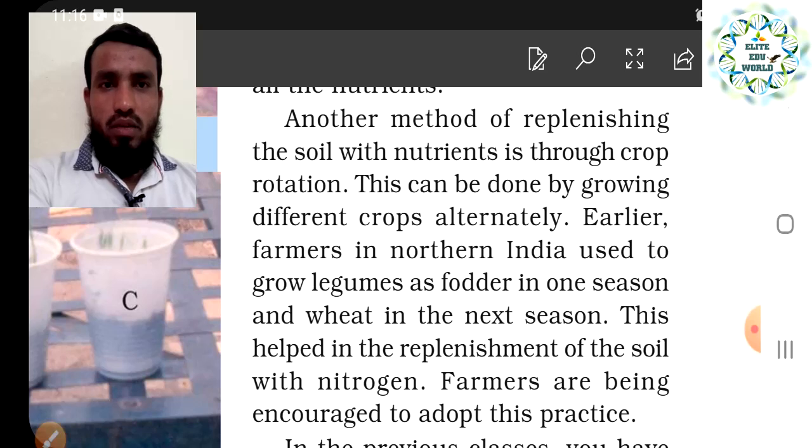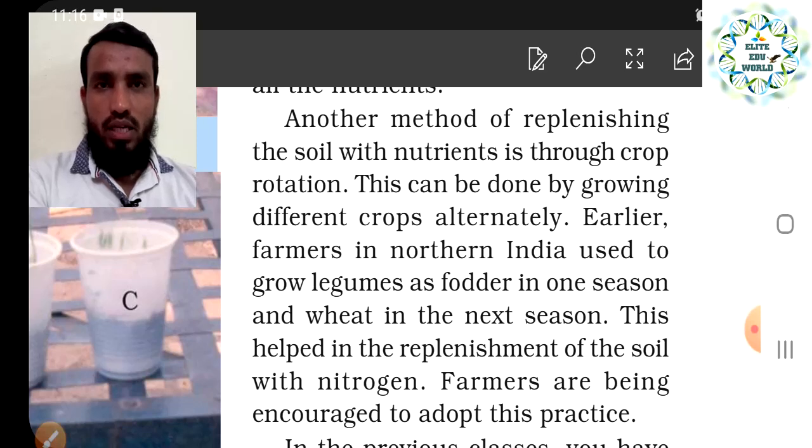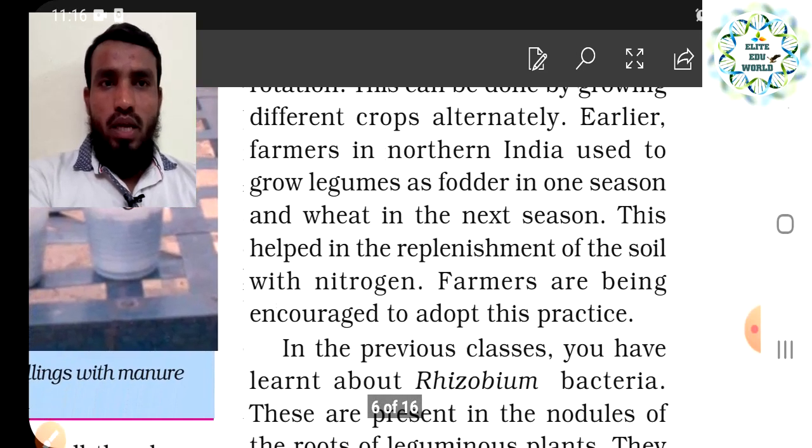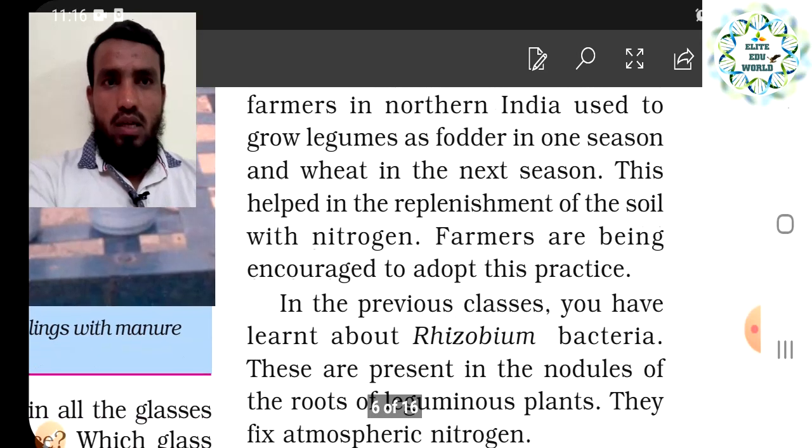What they are doing means, if they are growing wheat, in the next season they are growing legume plants, means plants which have legumes like peas, we can also say grams. So if you are growing these plants, which are legumes, they can increase the nitrogen that is lost from our fertilizers, that can be rebuilt, because replenishment of the nitrogen will